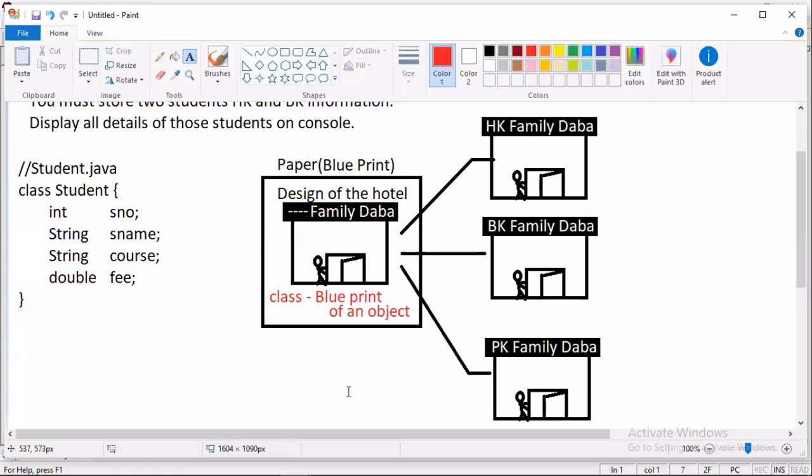Why is a class called a blueprint of an object? Because a class specifies how the hotel looks like. A class provides the design, how the object looks like and what the object contains. That's why the design you draw on paper is called a class.